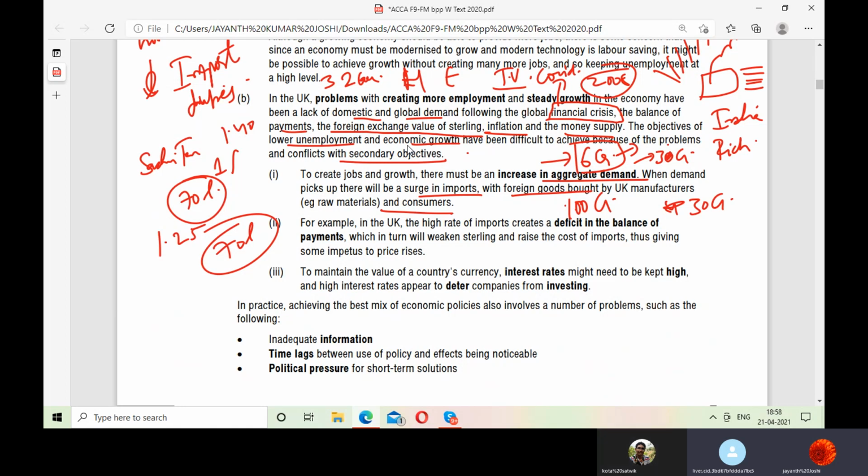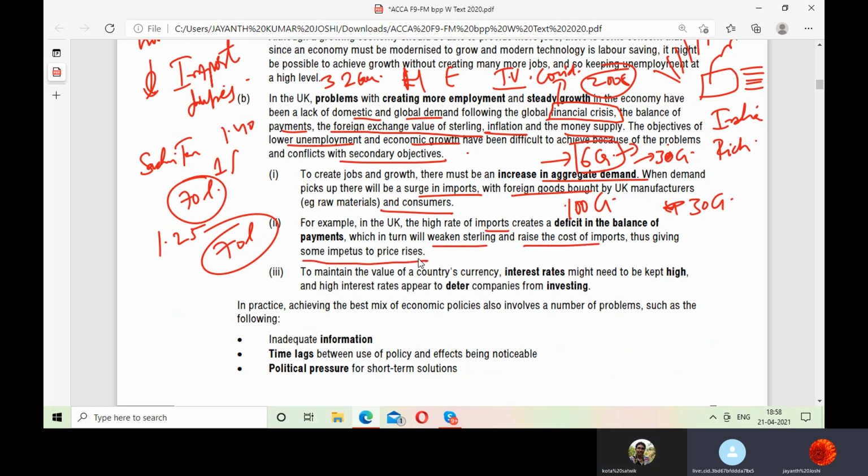Not even India, made in Bangladesh, because Bangladesh fabric is even cheaper than India. Now, for example, in the UK, the high rate of imports creates a deficit. So they don't have a balance. They have a deficit, no surplus, because imports are more and exports are less. And what is happening, which in turn weakens sterling and raises the cost of imports, thus giving some impetus to